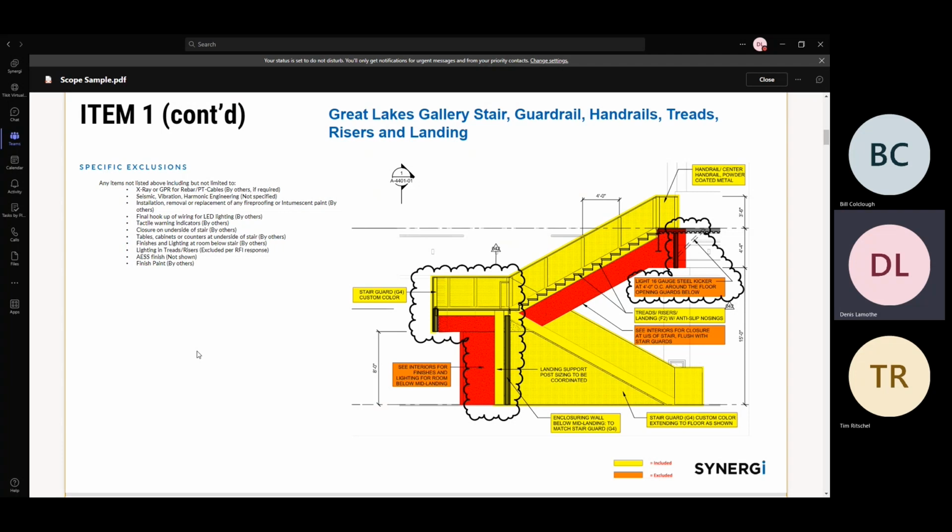We're doing more and more design assist projects. I don't know if you're familiar with those yet, or if anyone's talked to you about that. It's essentially the client, usually the architect. They'll come up with a stair design. They're not too sure exactly how the stair is going to be